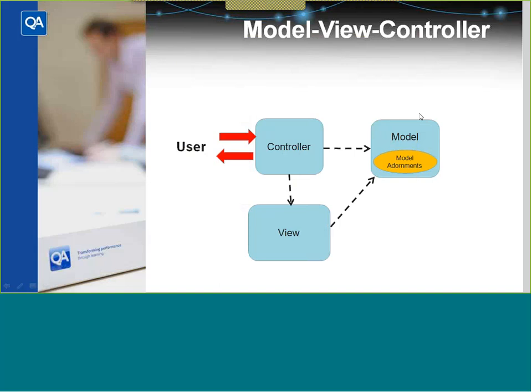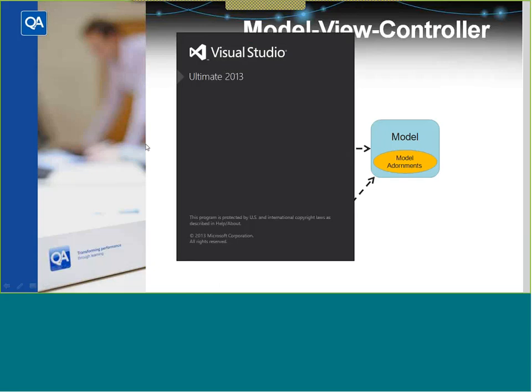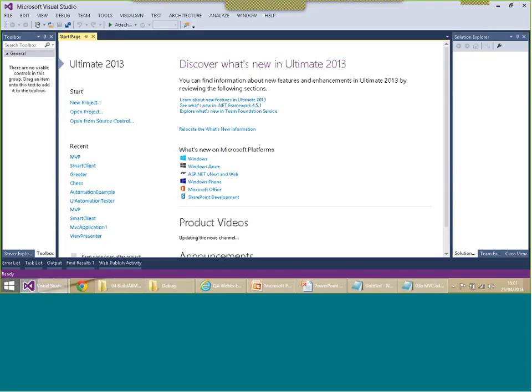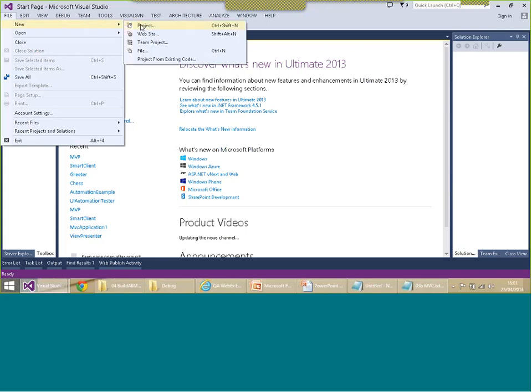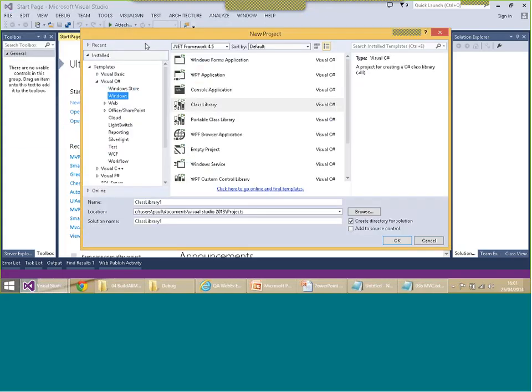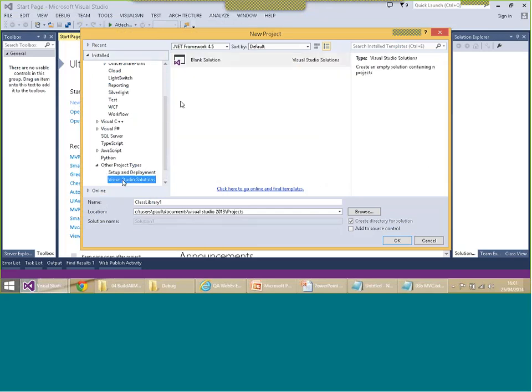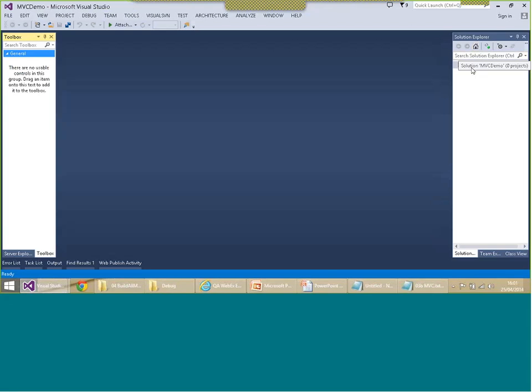I don't have a prepared one for this, so I'll do it from cold. And this is how I did the other project. Hopefully many of you who have used Visual Studio before will recognize the sort of things I'm doing. You start with another project type, which I'll call, what should we call this one? MVC demo, how about that? That gives me the solution. To the solution, I'll add